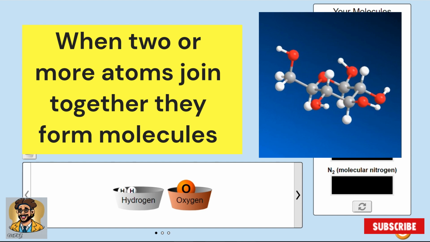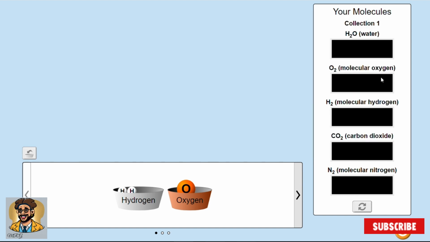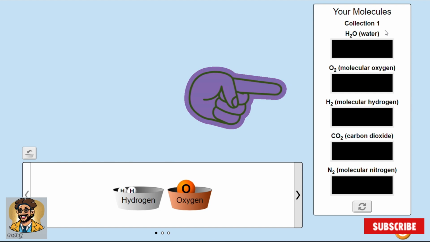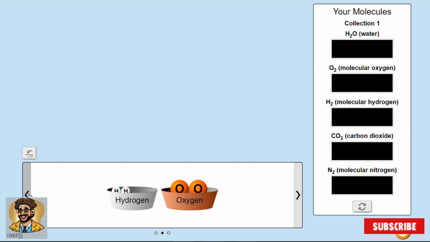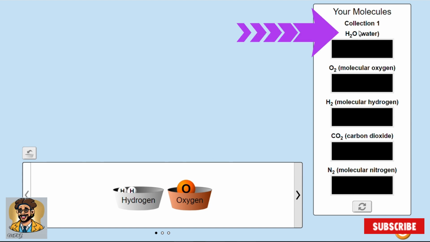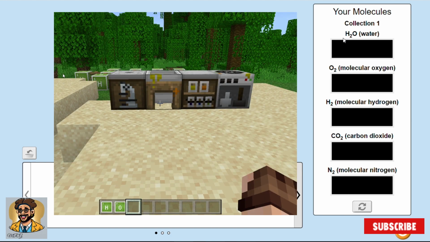This time we're going to be building some molecules according to these questions that we have on the right hand side. Here we have a list of molecules we have to build using atoms, and we have a whole amount of atoms at the bottom here. So the first one is water. You can see here is a molecule. There is a molecular formula. This is a formula that we use to represent compounds or molecules. Okay, so the first one is water, and you can see from these formulas that you have